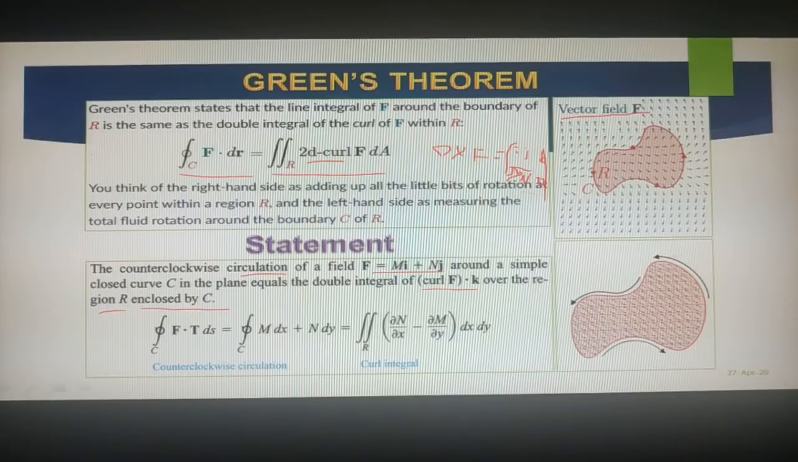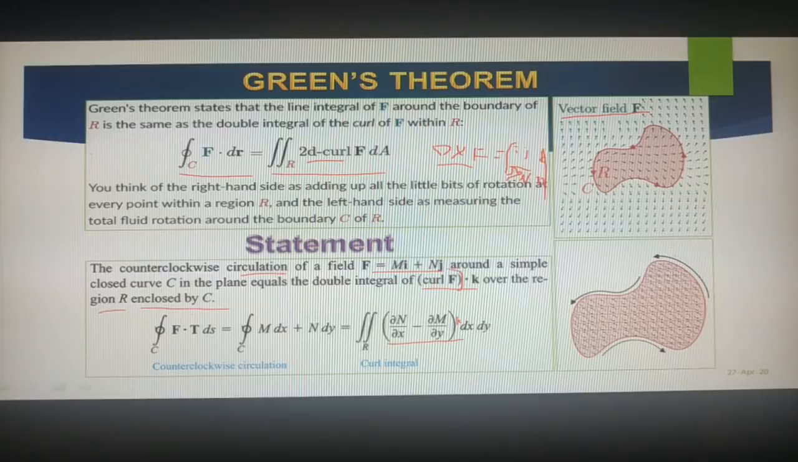So if I find this del cross f bar, what I will get is the determinant value, dou n by dou x minus dou m by dou y, into k. We get this because the k component is non-zero and the remaining two will be 0. So when you find del cross f bar for two dimensions, we get this component. This component is nothing but your curl f,